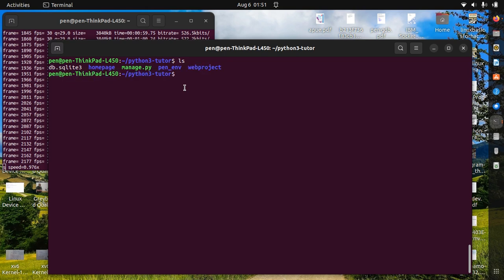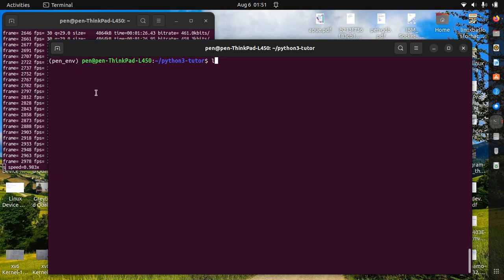What I'm going to do now is activate the virtual environment first so that everything works properly. To do so, type source space ben, and I press tab for autocomplete every time. It makes me a bit faster in typing because I'm not always fast while typing. Okay, press enter and the virtual environment is activated. You can see at the left beginning here we have pen_env, which means